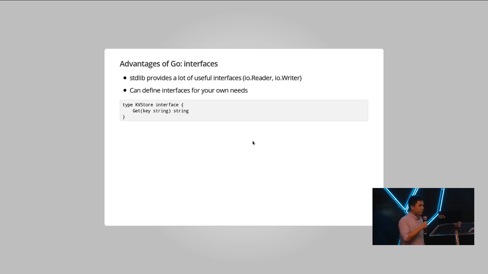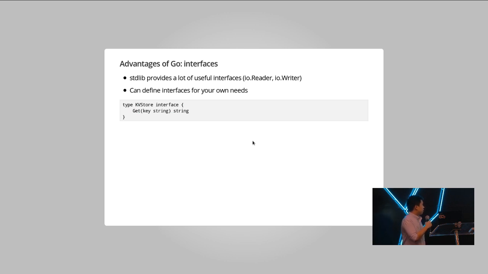Another advantage is interfaces. The standard library provides a lot of useful interfaces, like a general reader and writer. They're different from Java interfaces in that they're implicit. In Java, you explicitly say that your type will implement an interface, but in Go, it's implicit. Say, for example, you use a key value store with a signature get that takes a key as the argument and returns a string value.